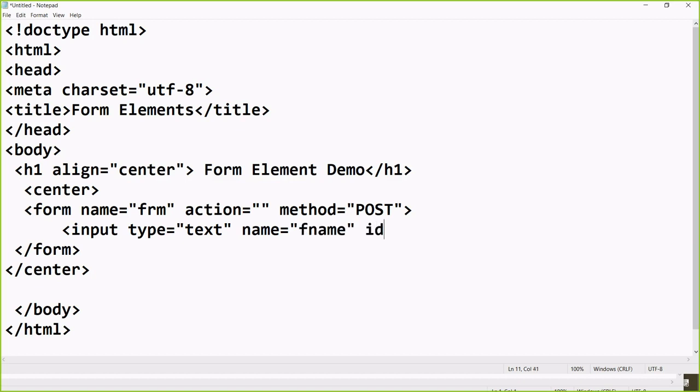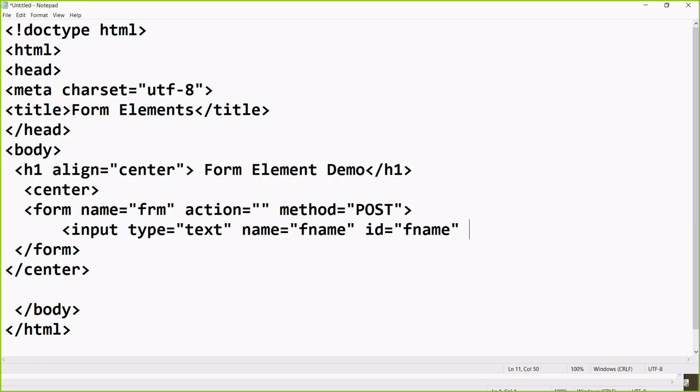Another thing is the id. Both options are available: either with the help of the name you can pass the value, otherwise with the help of the id you can pass it. But keep one point in your mind: id is always unique, so in a single page, whatever id name you write should be used only once, but the name you can write more than once also. Got it? So id and name, it depends: if you want you can use the same, otherwise different, as you wish. So another attribute is the id, and with the help of the name or the id you can pass the value.